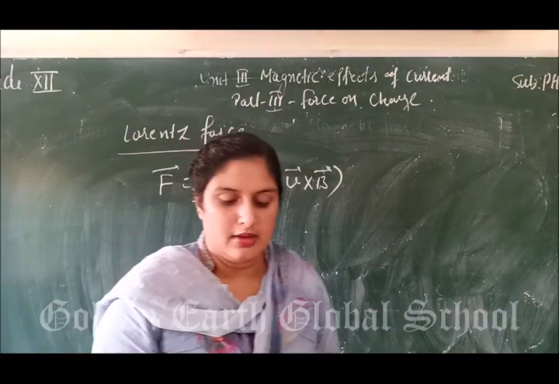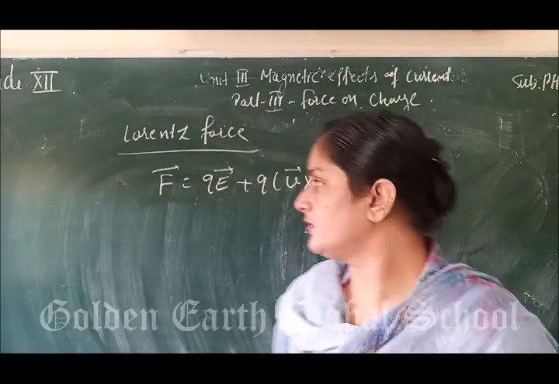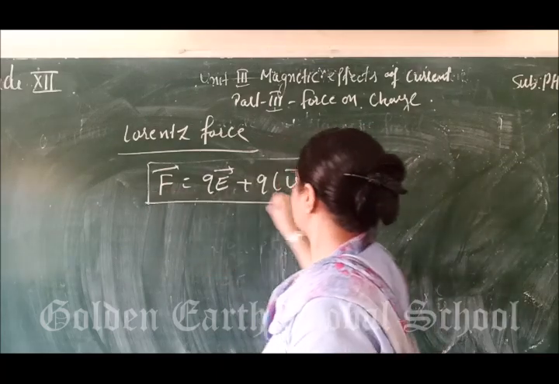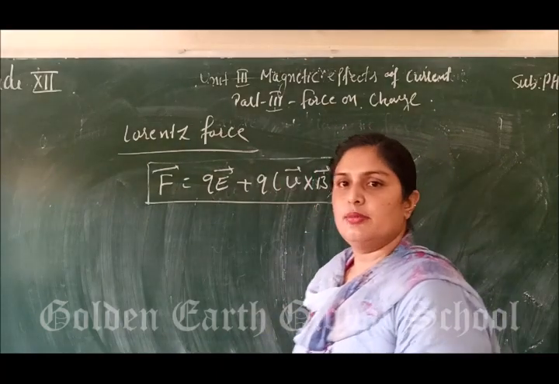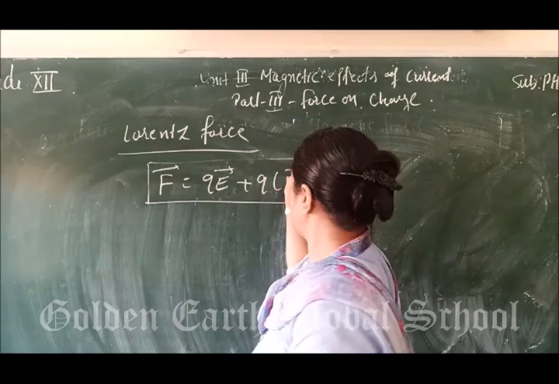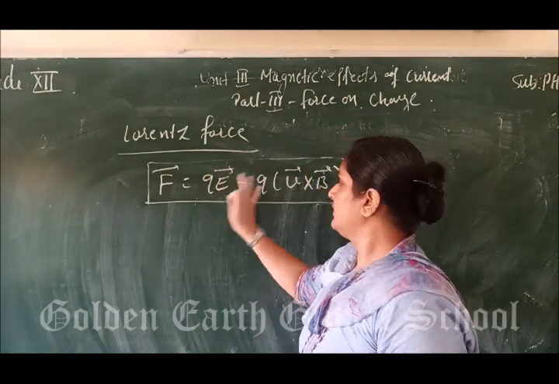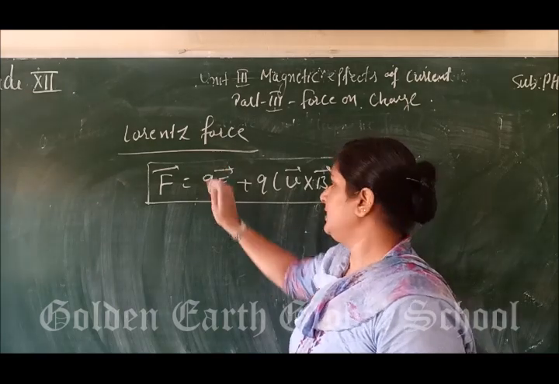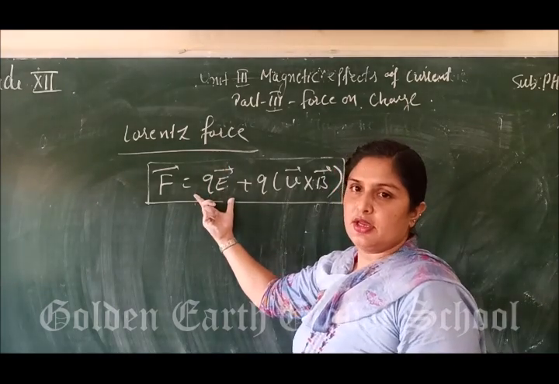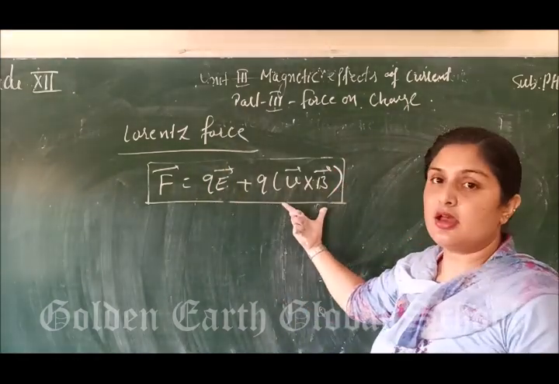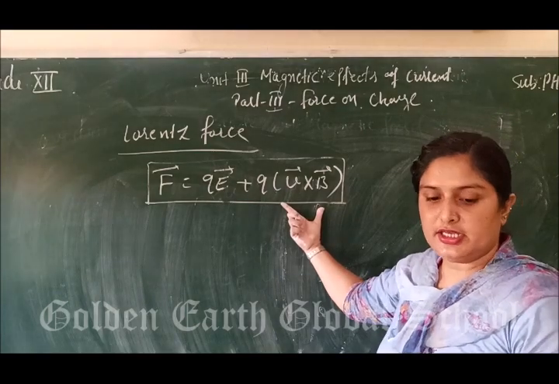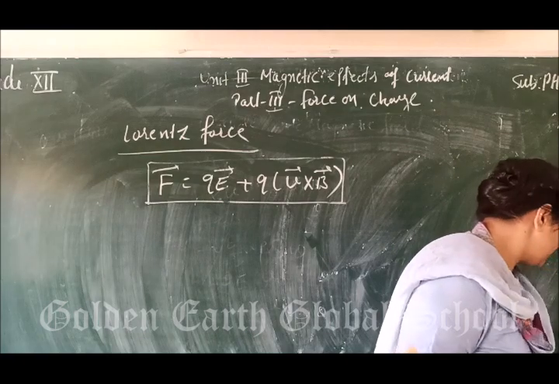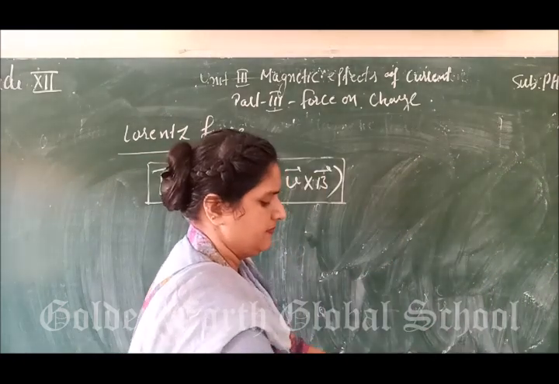So this is the Lorentz force, the force acting on the charged particle inside the electric and the magnetic field. If there is only an electric field, the force will be QE, and if there is only a magnetic field, the force will be QV cross B. So this is known as the electrostatic Lorentz force, and this is known as the magnetic Lorentz force. Clear? Now the next one is the main article of this chapter, that is